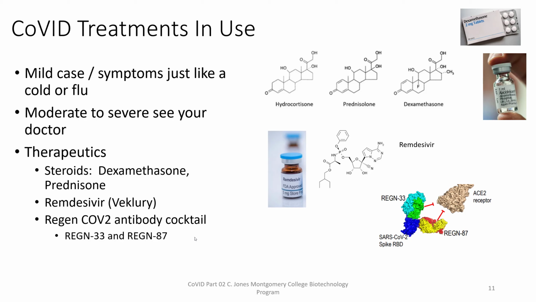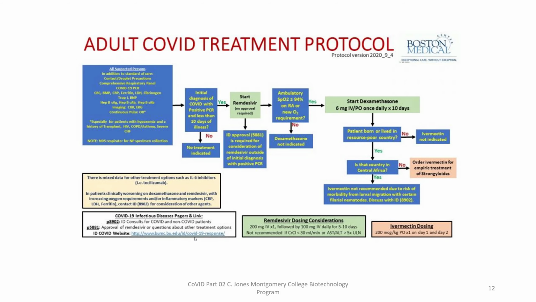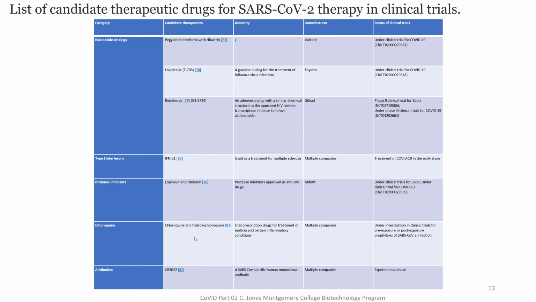This is one of the points that I hope to make during this talk, just the amazing amount of rapid progress we have made in understanding, diagnosing, and combating COVID. There are also now treatment protocols in place, right? I stole this one from Boston Hospital. I'm not going to go through the whole protocol, but the idea is now there are actually algorithms, there are protocols that doctors can follow that have been proven to be effective. And again, this is what's reducing the number of deaths for people who have to enter the hospital with COVID.